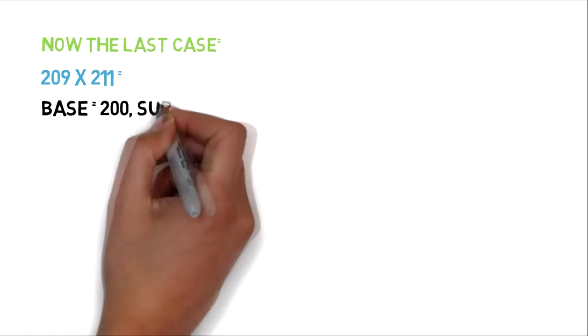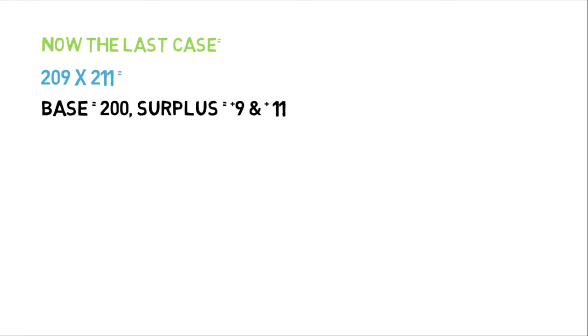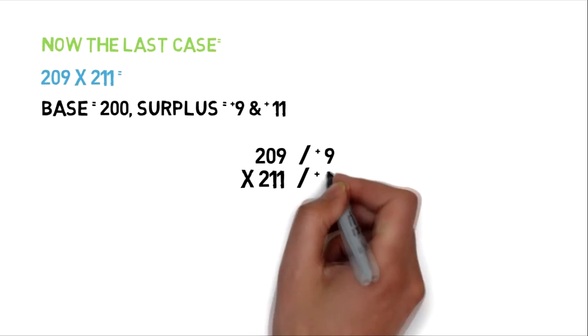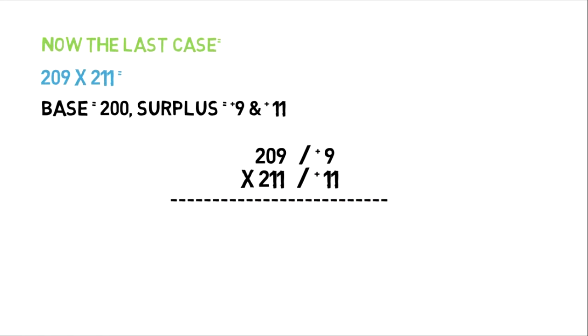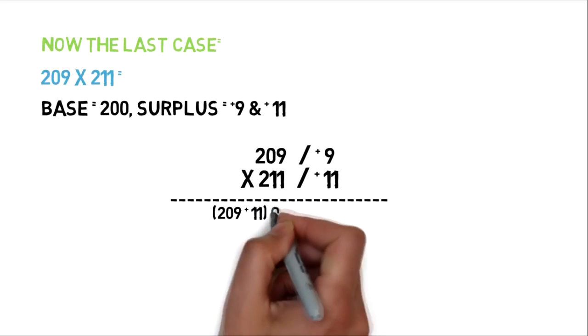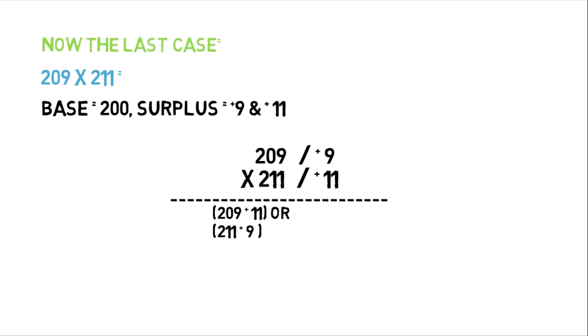100 is also a multiple of 10. Just remember that any base that we take should be a multiple of 10. So what base can we take here? Both the numbers are closest to 200, which is a multiple of 10. Thus, we can take the base here to be 200. The surpluses would be 9 and 11 respectively. As per the previous sums, we would write it in a tabular form, 209 plus its surplus, 211 plus its surplus. Again, when we multiply it on the left hand side, we can write 209 plus its opposite surplus, or 211 plus its opposite surplus, slash